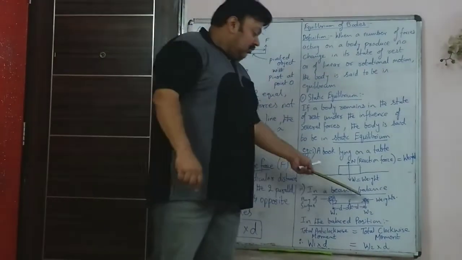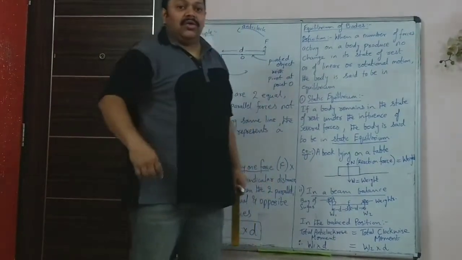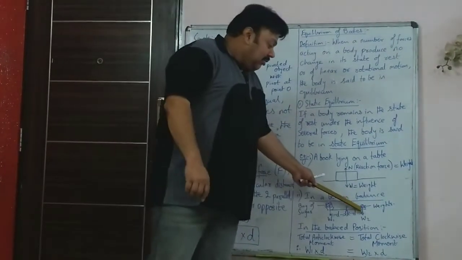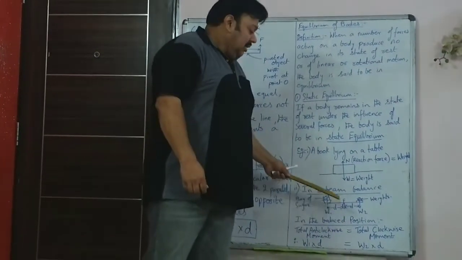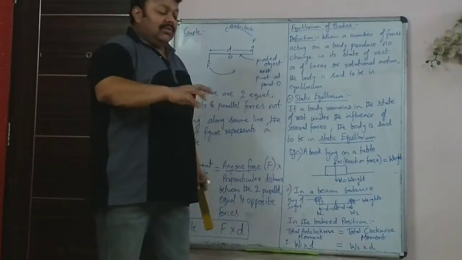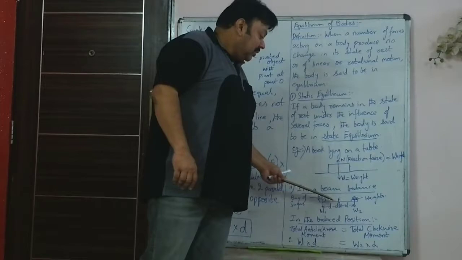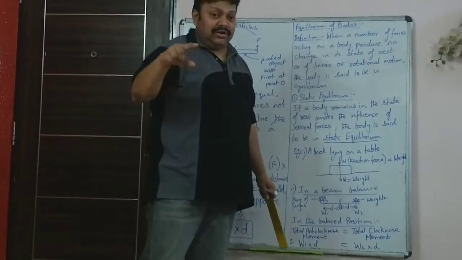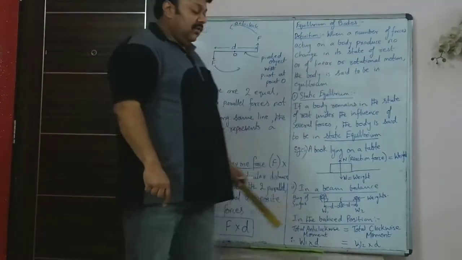That is why, if you tell the shopkeeper I want 2 kg sugar, the shopkeeper puts a 2 kg weight on one side and places the sugar in a packet on the other side, and then he waits till the beam is perfectly straight. That is, it is balanced.